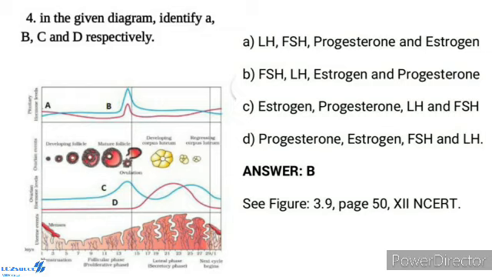In the absence of fertilization, the corpus luteum degenerates. This causes disintegration of the endometrium, leading to menstruation, marking a new cycle. In human beings, menstrual cycle ceases around 50 years of age, that is termed as menopause. Cyclic menstruation is an indicator of normal reproductive phase and extends between menarche and menopause. So the correct answer is option B. B is FSH, LH, estrogen and progesterone.